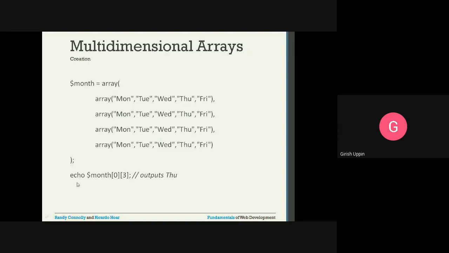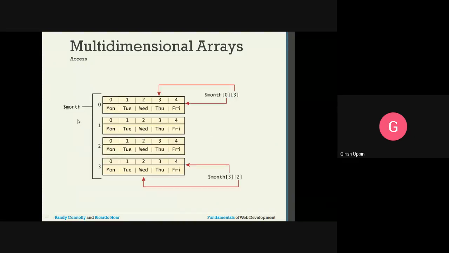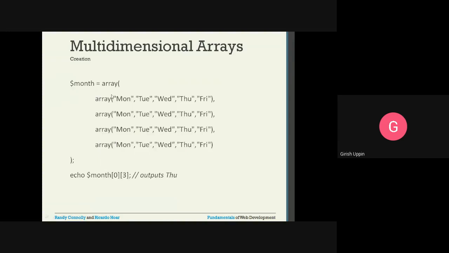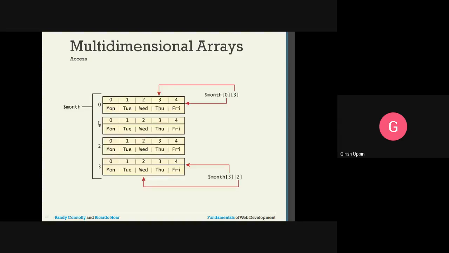Suppose you say echo $month[0][3], the first square bracket has 0, the second dimension is square bracket 3. The first dimension comes here, 0th row and 3. This is 0, this is 1, this is 2, this is 3. So we will get the Thursday value. Because nowhere did I specify the key, by default it will take 0, 1, 2, 3, and so on.